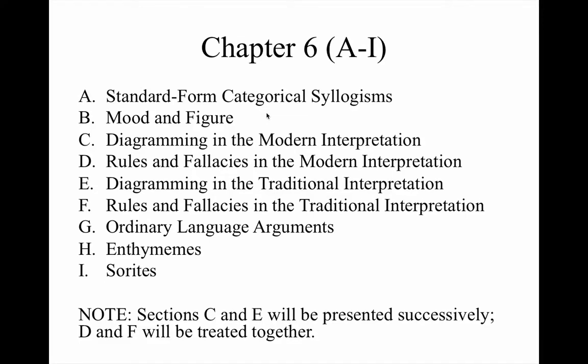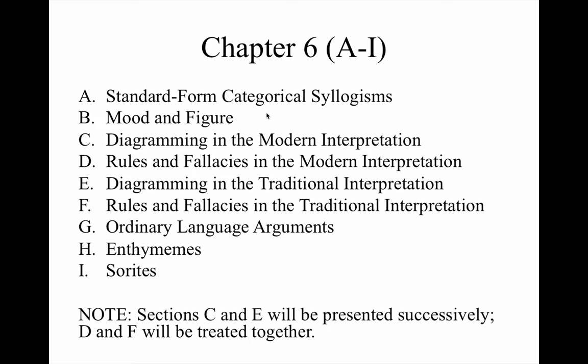Hello and welcome back. We've now covered sections A through F of Chapter 6. What we've done is learn how to organize a categorical syllogism so that it is in standard form, identify its mood and figure, and test it for validity using two techniques under the modern and traditional interpretations. Now we move on to look at ordinary language arguments, as well as incomplete arguments and arguments with too many